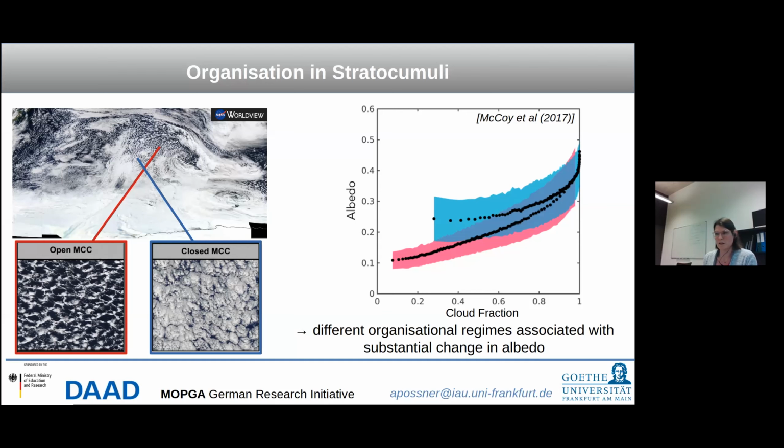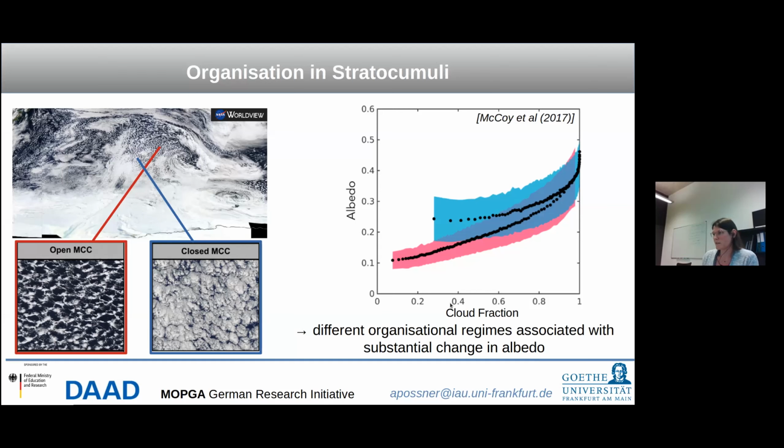And here we distinguish between open mesoscale convection, so that's what MCC stands for, or closed mesoscale convection. These structures are very much like honeycombs that persist over hundreds of kilometers within these decks. The open MCC is characterized by a lot of clouds along the cell walls, and then very little or optically thin cloud within the cell center. Or we have these closed cell clouds, which are the inverse, where you have a lot of cloud in the cell and a ring of clear sky around the edge.